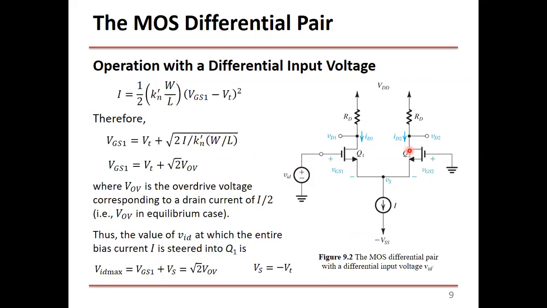So you're actually doing something called steering the current. The current is now steered from this side to this side. You're increasing this one and decreasing this one. But can you reach above I? Can ID1 be above I? No. The maximum is when you increase this to a certain value so that all the current I passes through transistor 1. At this moment, all the current will go here and nothing will go here. So by increasing the voltage here, you are steering the current from Q2 to Q1. And if you do the opposite, if you increase the voltage across VGS2,